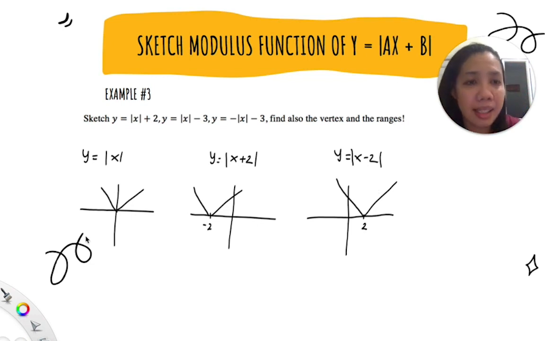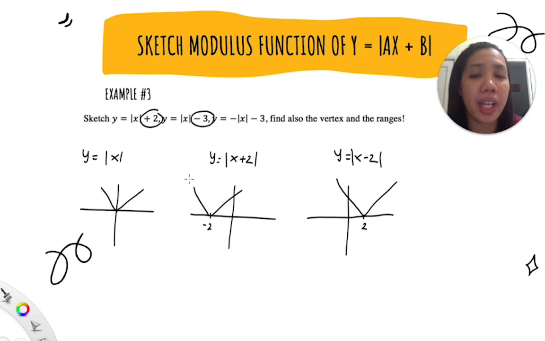And then in example number 3, we're gonna see y equals absolute value of x plus 2. Actually there is also an addition here, and also a subtraction here, but we don't add or subtract the x coordinate or the x value. Instead of that, we add to the y value of this function. So we add 2 here, to the y value because we add to all of this function, and for the subtraction here, we also subtract from the y value.